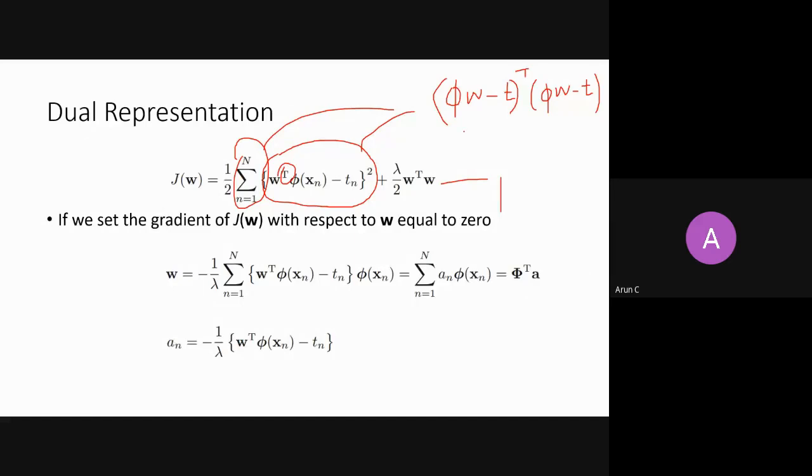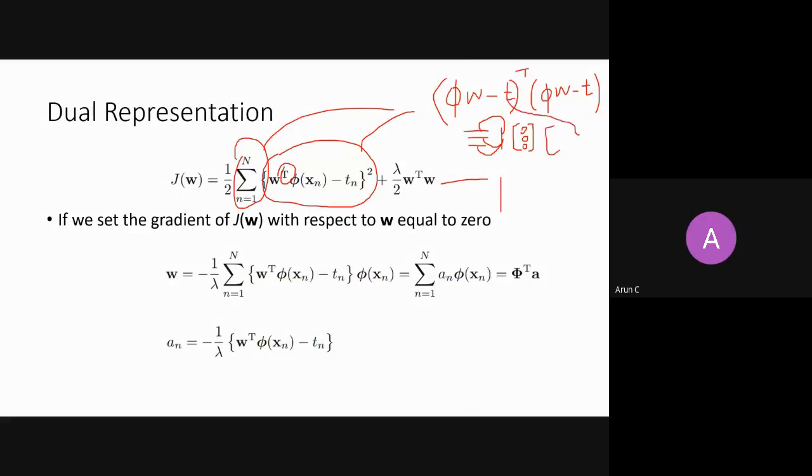So W transpose is like this, X is like this. But when you do phi, phi means that each row is a sample and W is like this. So you multiply this first sample with W, then second sample with W, then third sample with W. You will get all your predictions. Prediction 1, prediction 2. I think this is very nominal now. We have done it so many times. Okay, sir, got it. And then you're subtracting it from T.